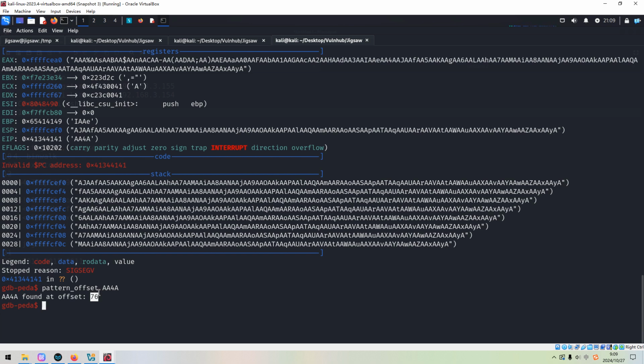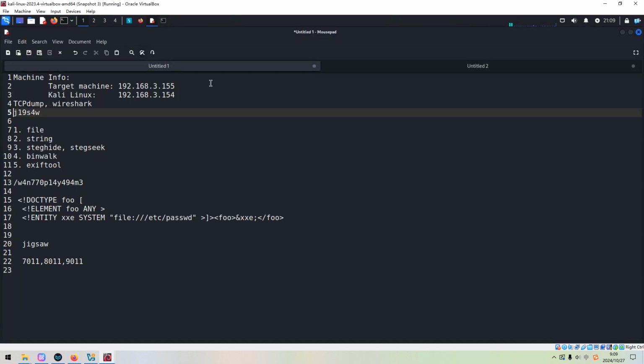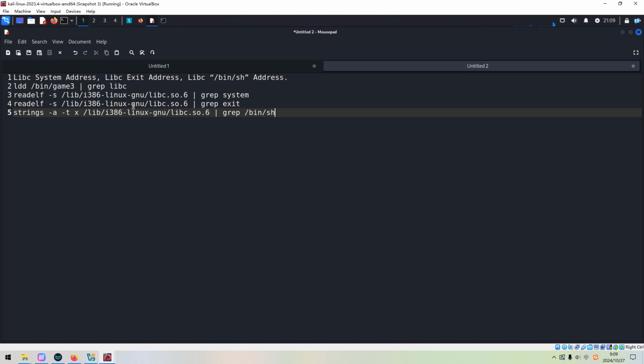Actually, we need to utilize the shared library, and I cannot do this by myself, so I need to get some help from other guys. Actually, I have already got it down.